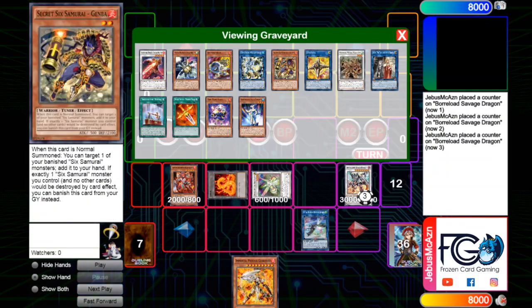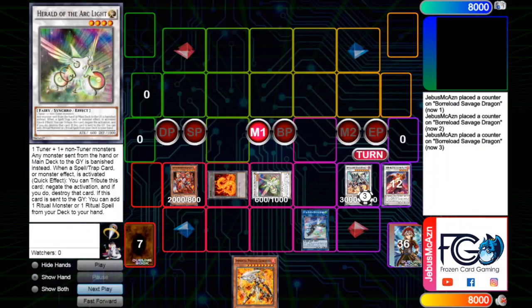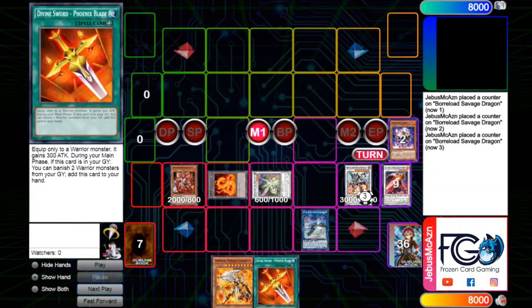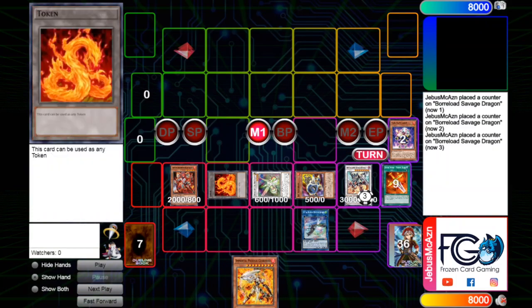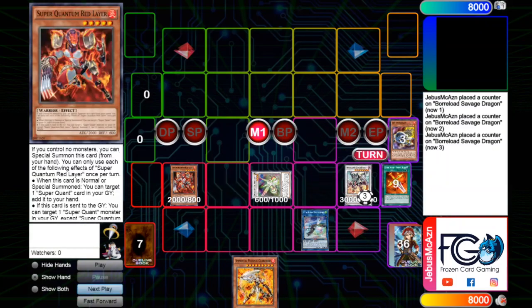And we still have the Jet Synchron in the graveyard. Because we have the Herald, we need to make sure we pitch a spell trap for it, so we're going to do the same play where we add back the Phoenix Blade, pitch it for Jet. And now the Jet plus level 3 token and the level 5 red layer are going to go directly into